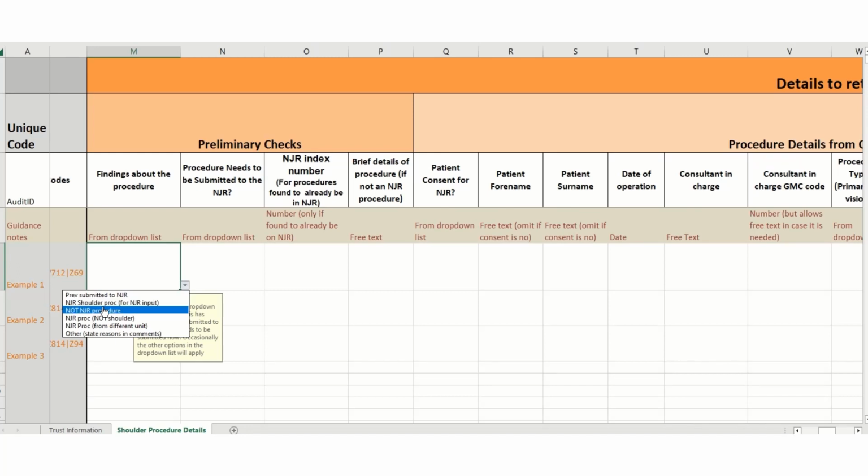Is it not an NJR procedure? It happens from time to time that the codes are input wrong, or maybe it's a shoulder procedure but not a shoulder arthroplasty. Here you might find, it doesn't happen that often, but you might find that it is an NJR procedure but